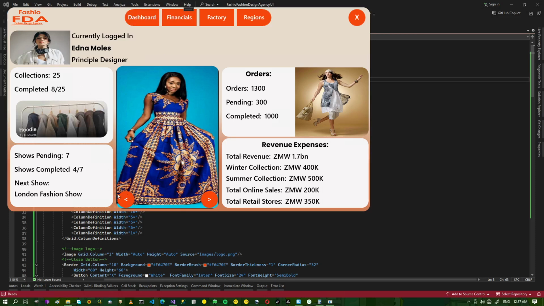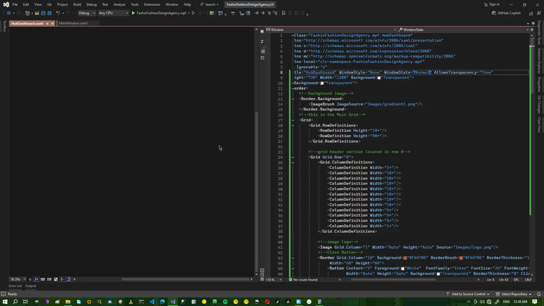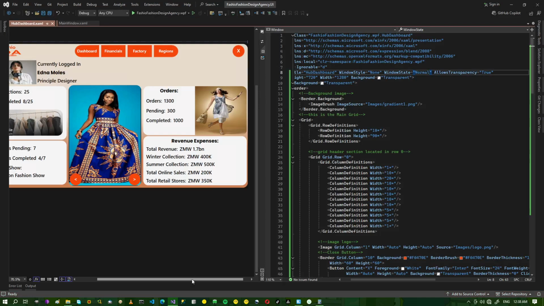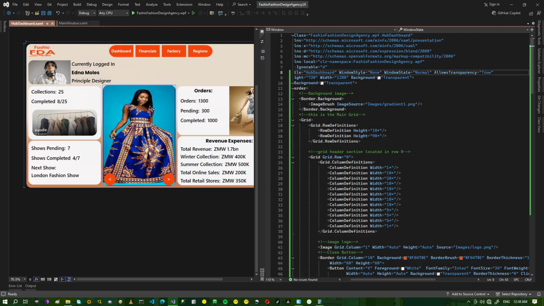And okay, so for the challenge series, what you're going to do is this. There are two aspects to this window here. So the first is the hub. So what you do in the challenge series, you create a hub for this content here on top, and this section here. Then this content which is in this area here, you create a user control. Then you load that user control into the hub like this. Then when you select dashboard, it should also, oh okay, that was exited. It should also load